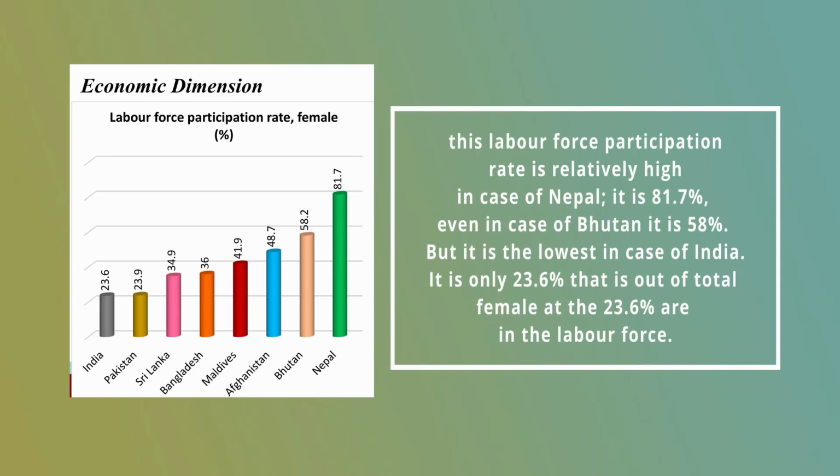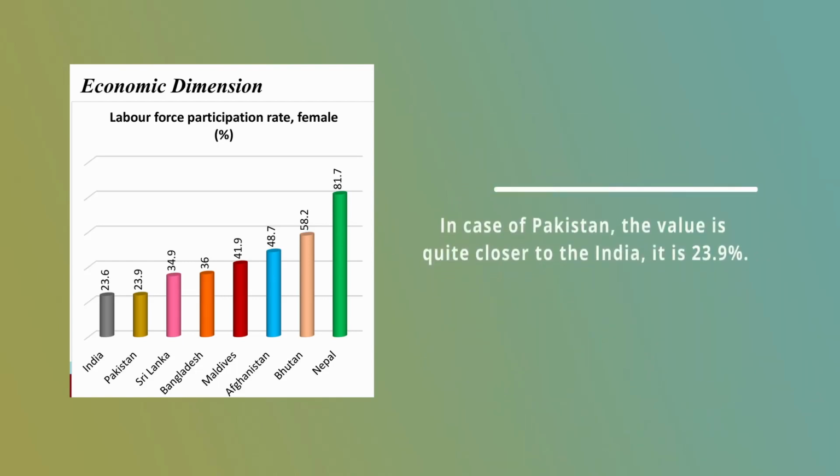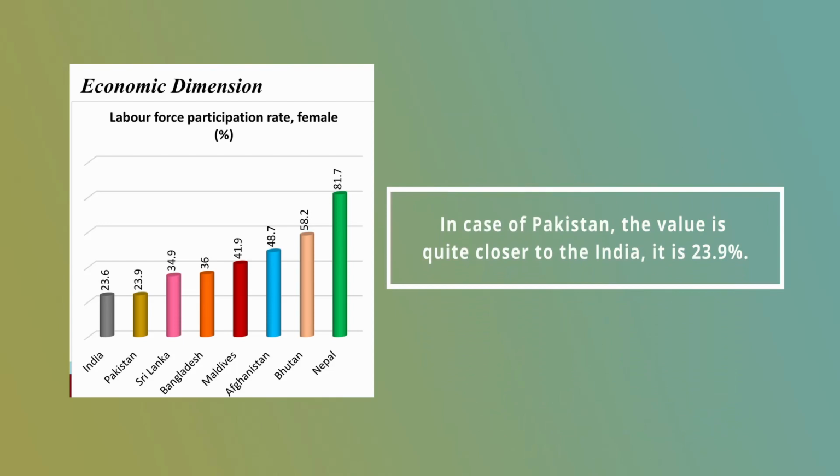But it is the lowest in case of India. It is only 23.6%. That is, out of total females, 23.6% are in the labor force. In case of Pakistan, the value is quite closer to India. It is 23.9%. Section 4 describes the overall women empowerment index, which is the aggregate score of the dimension index of 7